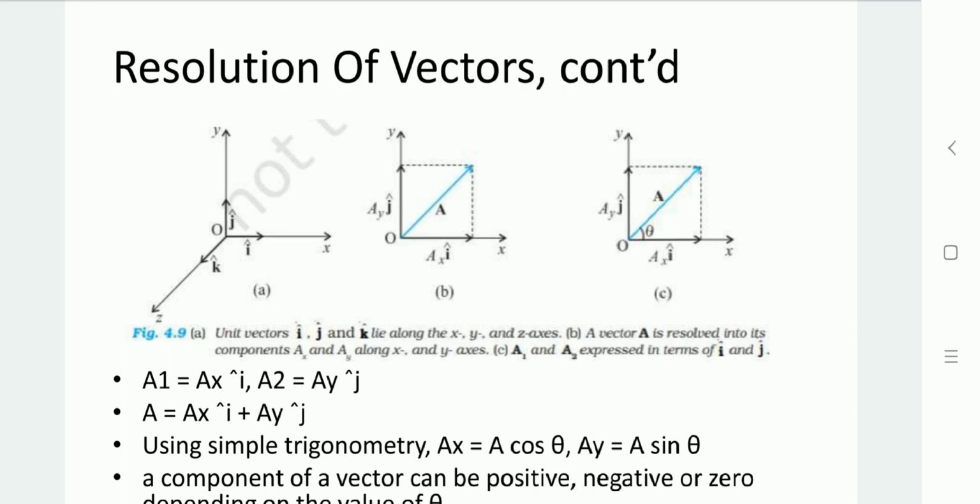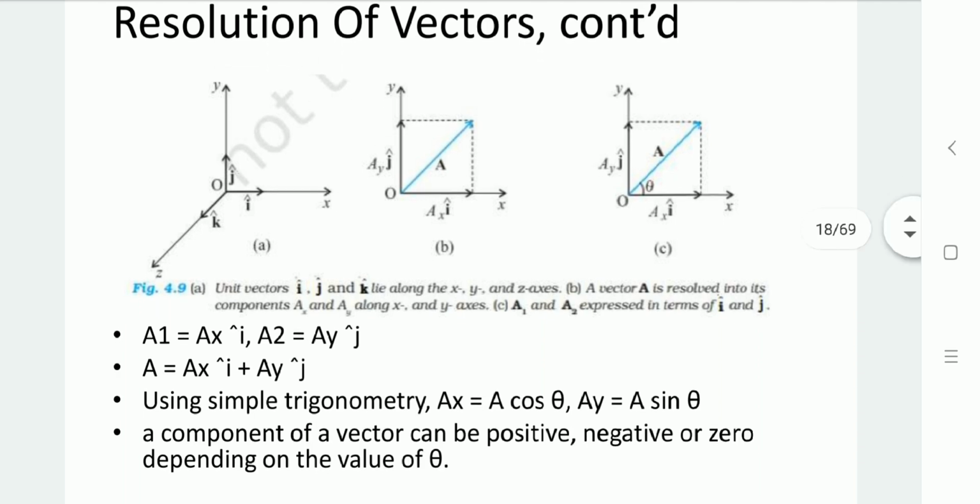So that is represented as theta, which defines the direction of the vector. So in diagram B, it specifies the magnitude of vector A. In diagram C, theta represents the direction of vector A. So here we can say that A is A_x i plus A_y j, and A_x i can be represented, for example, as A1, and A_y j, for example, as A2. So A equal to A1 plus A2.